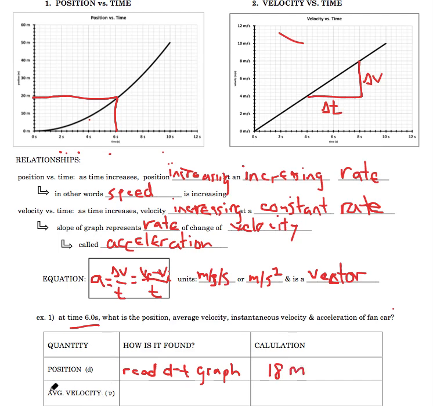Okay, next question asks how fast we moved on average. Well, we might want to go to the velocity time graph. After 6 seconds, we see that we're going 6 meters per second, but that's what we're doing at that instant. So that's actually our third one. We'll come back to that. So on average, we can actually do one of two things. We can say we started at 0, we finished at 6, so on average we went 3. Or we can use the idea